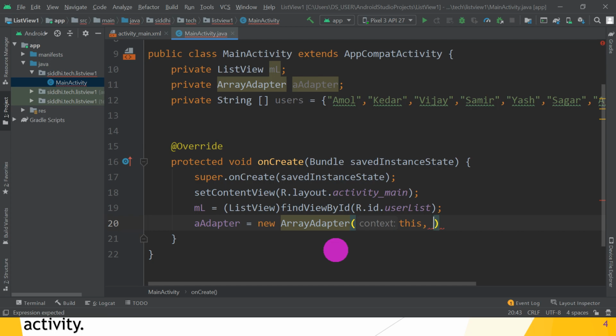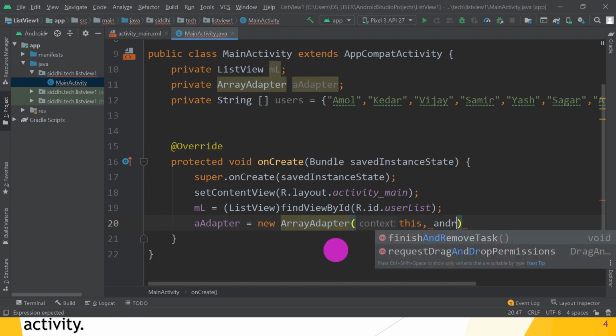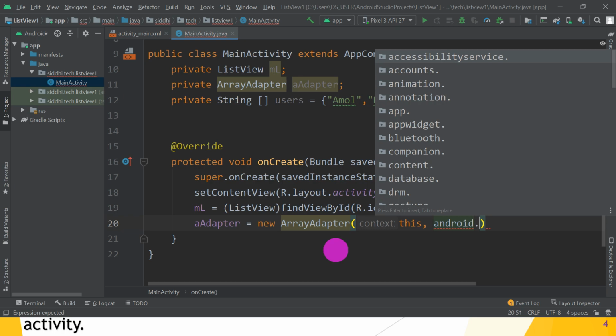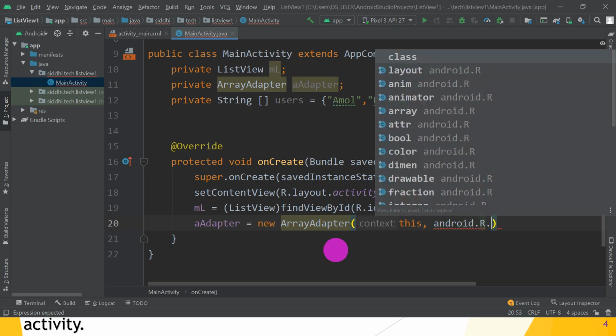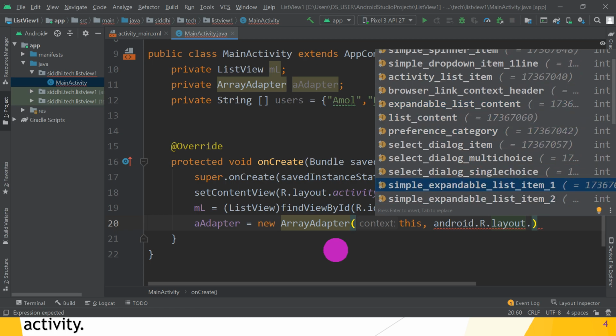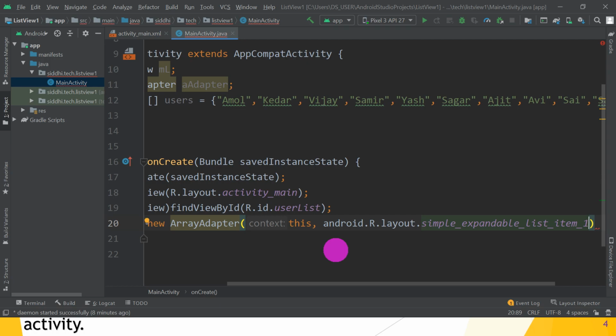Next is a layout, android.R.layout.simple_list_item_1. So choose simple_list_item_1. Great. Comma, source.